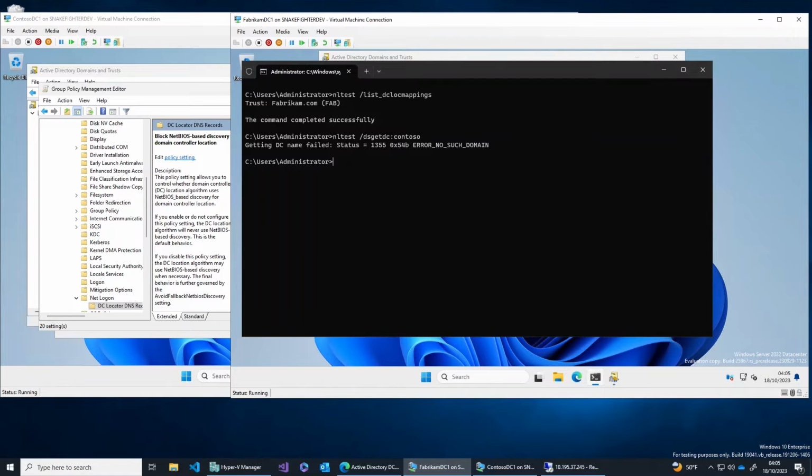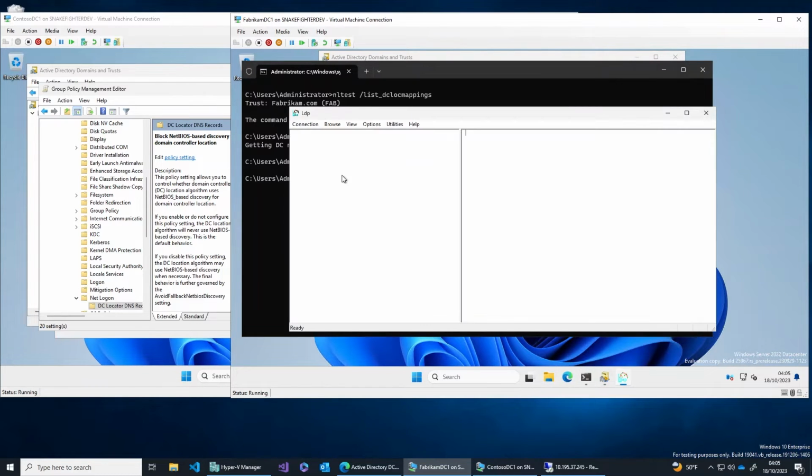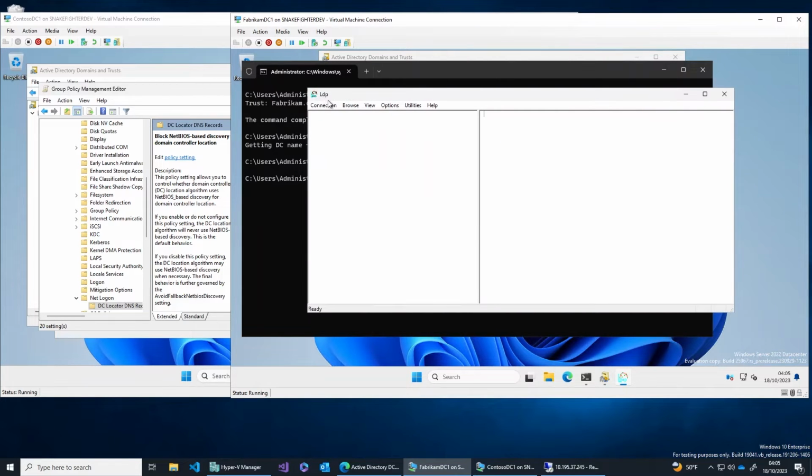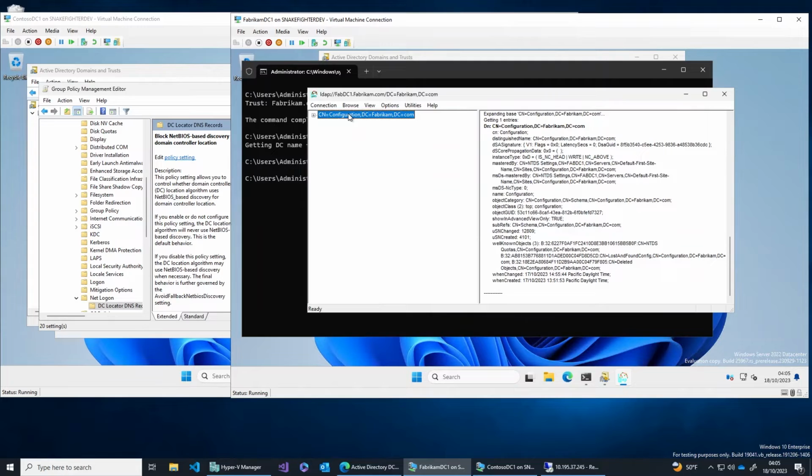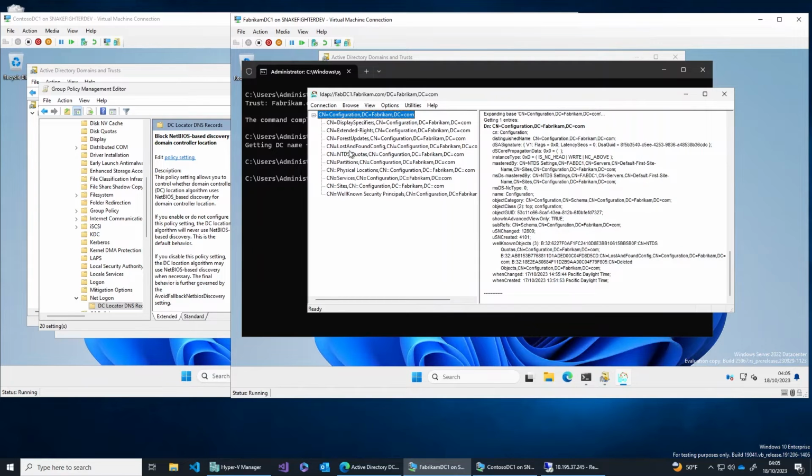Just in case you're wondering where, let me show you. So I've just opened a tool called LDP, which is a very basic LDAP browser, and it's just one of my favorite tools for browsing AD. So I'm going to bind to this domain controller, and I'm going to view the configuration container. This is where we store these admin-based mappings, and